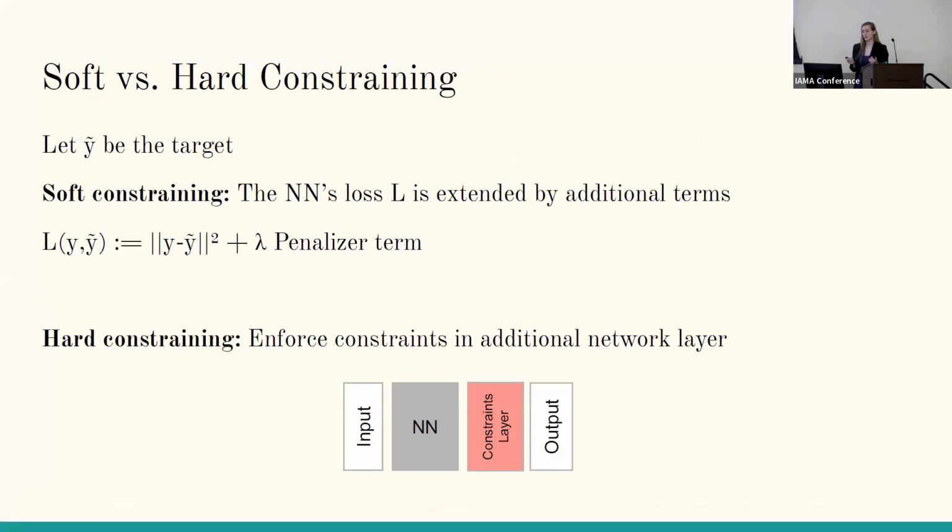So there are two ways of doing it. I think the more straightforward way, which more people tried, is changing the loss function. So in addition to the normal MSE we're using, adding a penalizing term, which can have some problems. We don't have any guarantees basically, and we have to optimize lambda, which can be tricky. Then the other way is just to add a final constraint layer that by construction enforces the constraints.